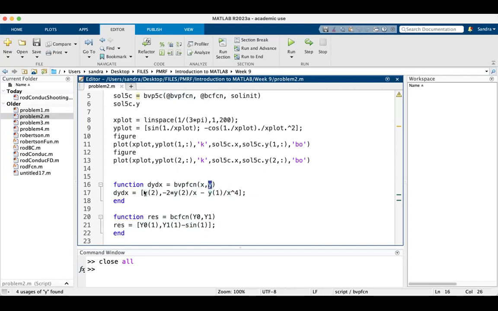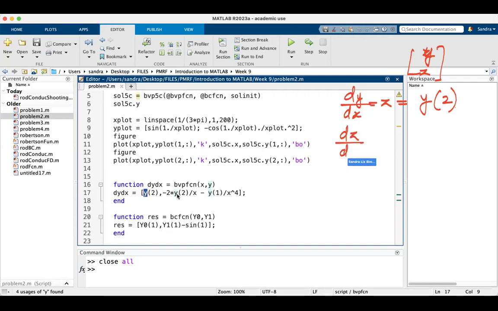So the first equation was dy by dx is equal to z. As I said earlier, this will have two variables, one is y, the other one is z. So this will be nothing but y's second entry. In this, the variable is called y. Don't get confused by the y in the question and the one which is used here. And the next will be